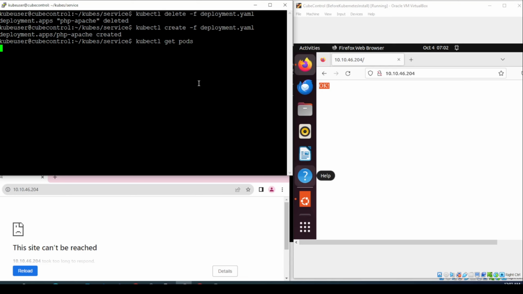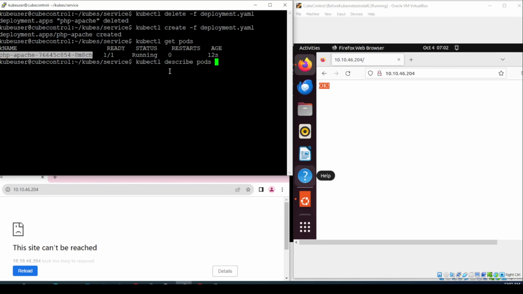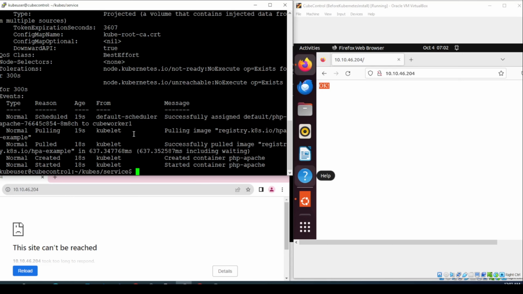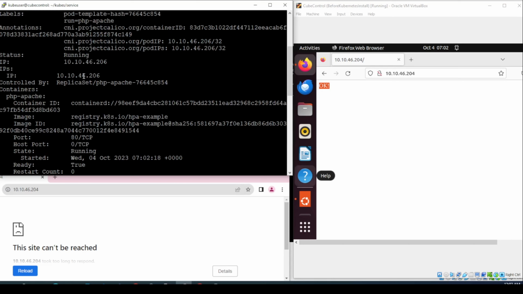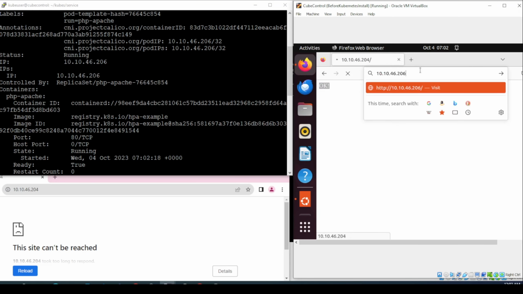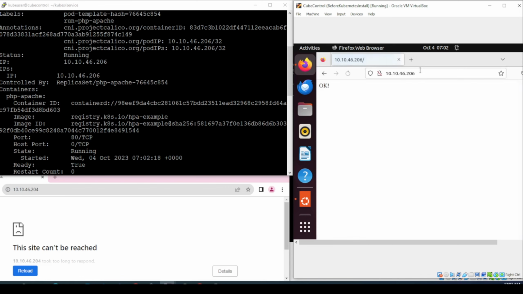Get pods. Yeah, it will have a new IP than what it was before. This time it is 46.206. So if you go on this page, it will keep spinning. So what I'm going to do is replace it with 206:80. Yeah, for this reason we cannot use this pod